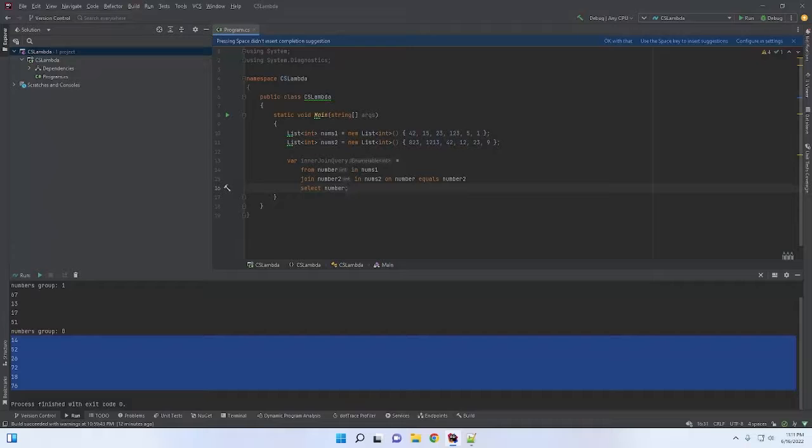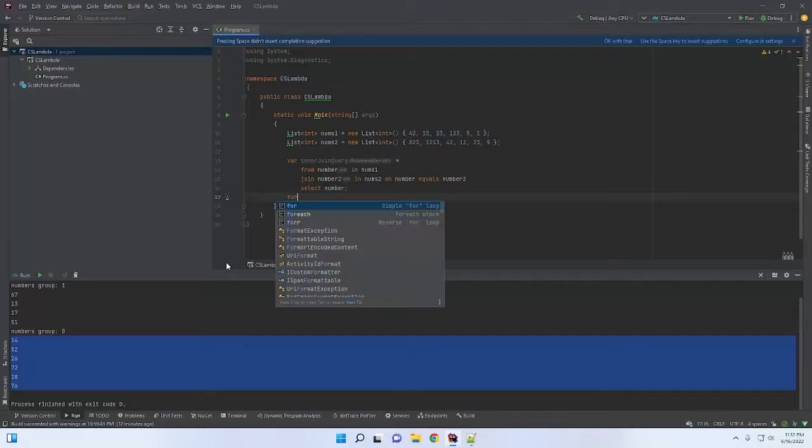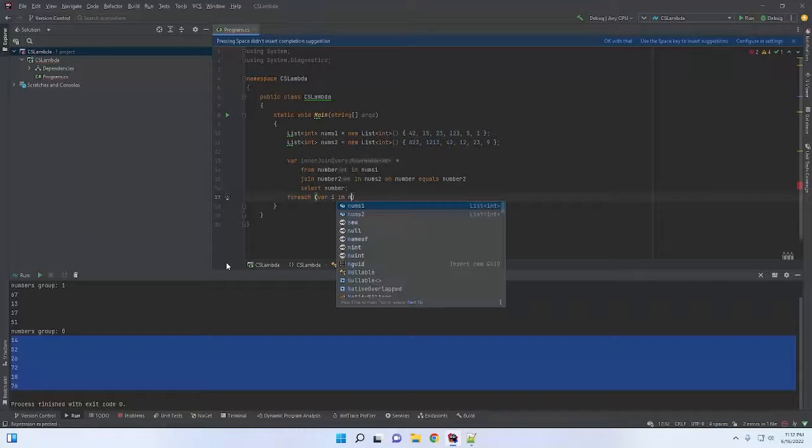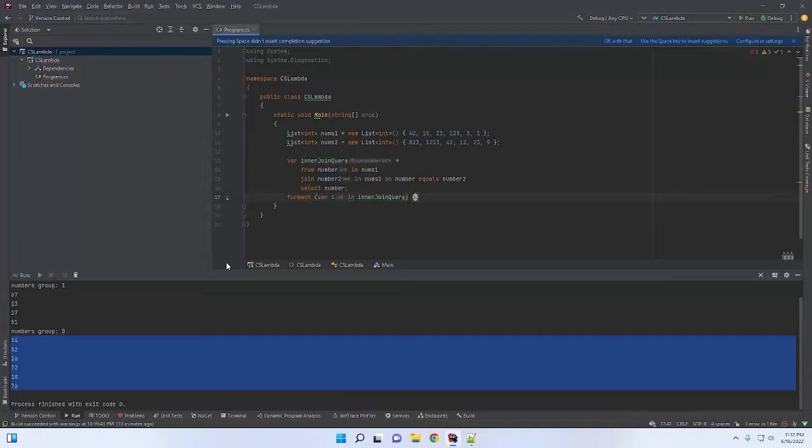So again, it's going to return an IEnumerable. It is grabbing a number from nums1, and it is grabbing a number from nums2. For every number in nums1, if the number from nums1 is equal to a number in nums2, select that number. So we can go ahead and print this out, for each var i in innerJoinQuery,